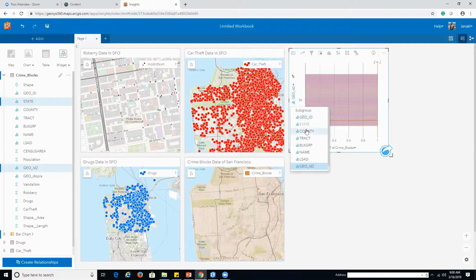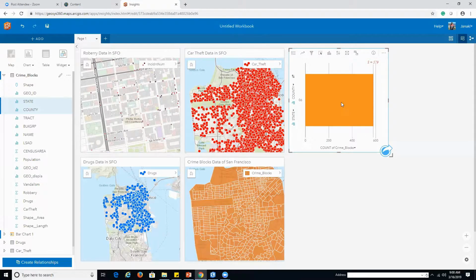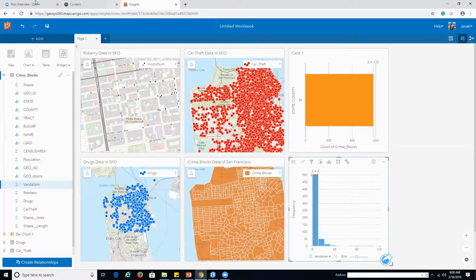So I don't want to subdivide it so badly, so what I'll do is I'll go by the county wise. Even then you will have a differentiation here. And this is one way of representing the data. So maybe I want to find out the vandalism cases. So I'm actually putting it in the chart, and I wanted to see in the form of a histogram. If you see here, I have the 0 to 11 interval, and frequency is like 505 cases have been registered. And maybe I want to use this for robbery, so I can change it to robbery here on the fly,